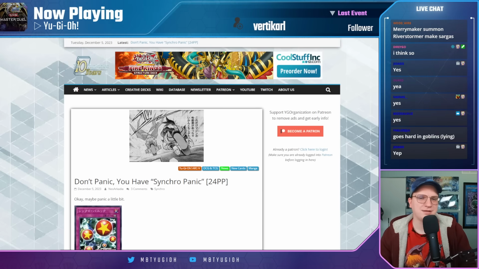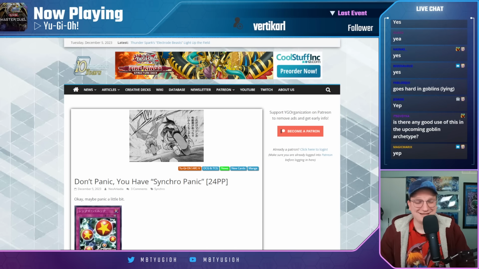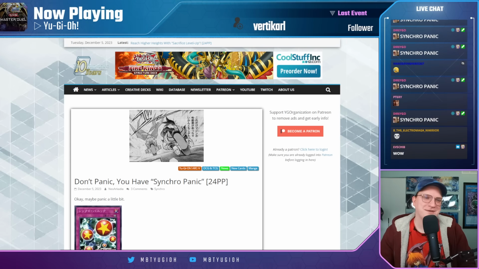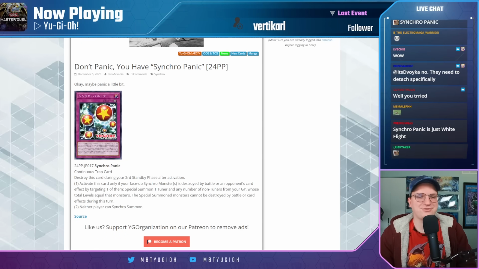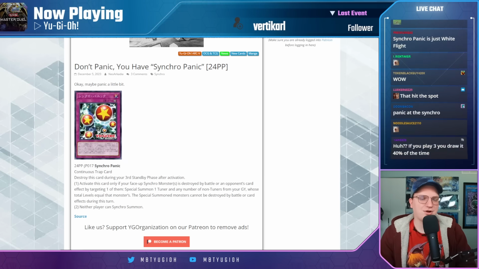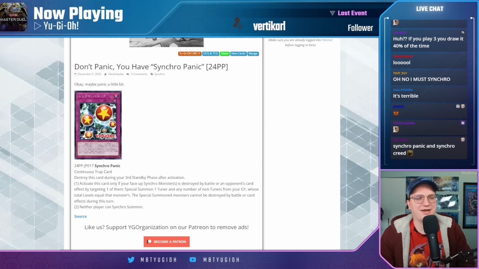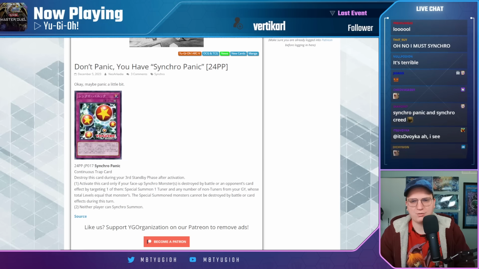Next up. Don't panic. You have Synchro Panic. The original name of this card was White Flight. All right, Synchro Panic. Okay, maybe panic a little bit. Here we go. Destroy this card during your third standby phase after activation. Activate this card only if your face-up Synchro monsters are destroyed by battle or an opponent's card effect by targeting one of them. Let me read that again. Activate it if your face-up Synchro monster is destroyed by battle or an opponent's card effect by targeting one of